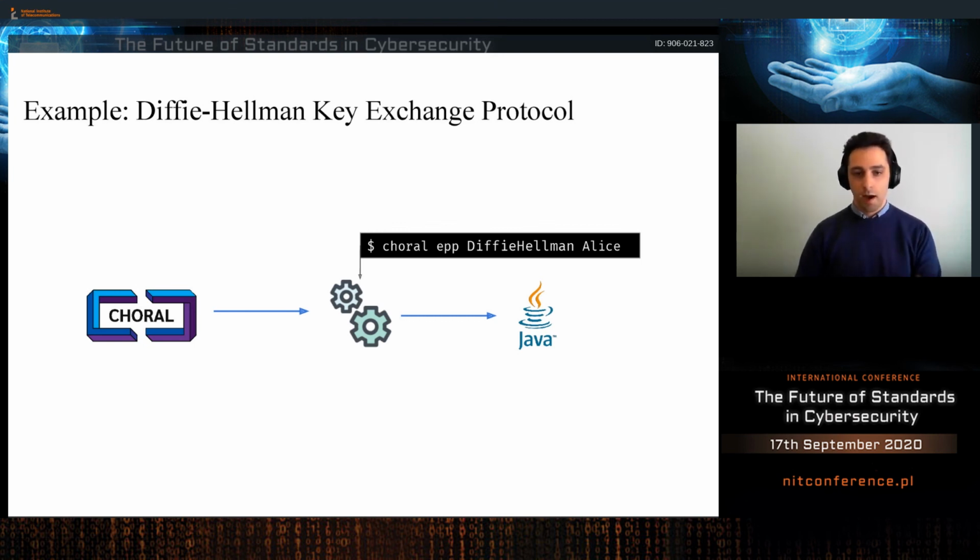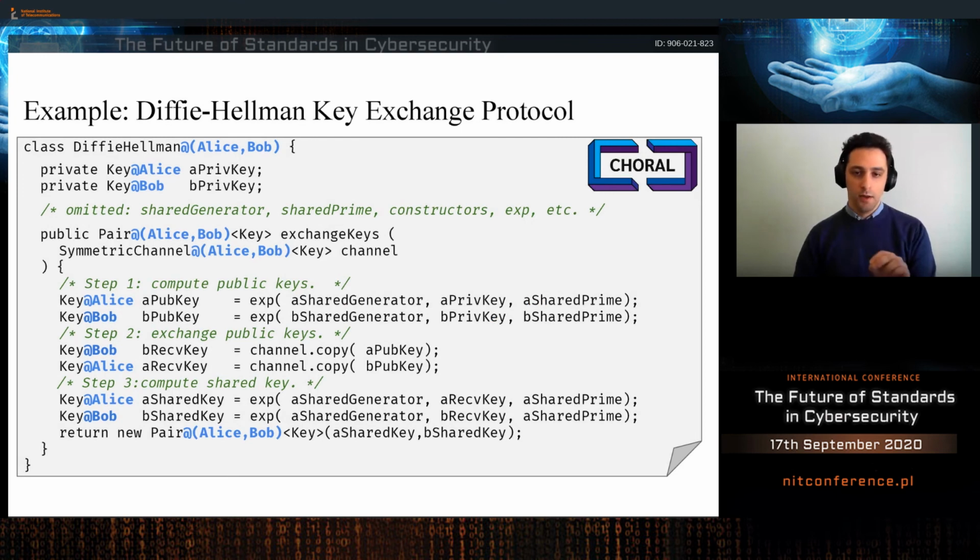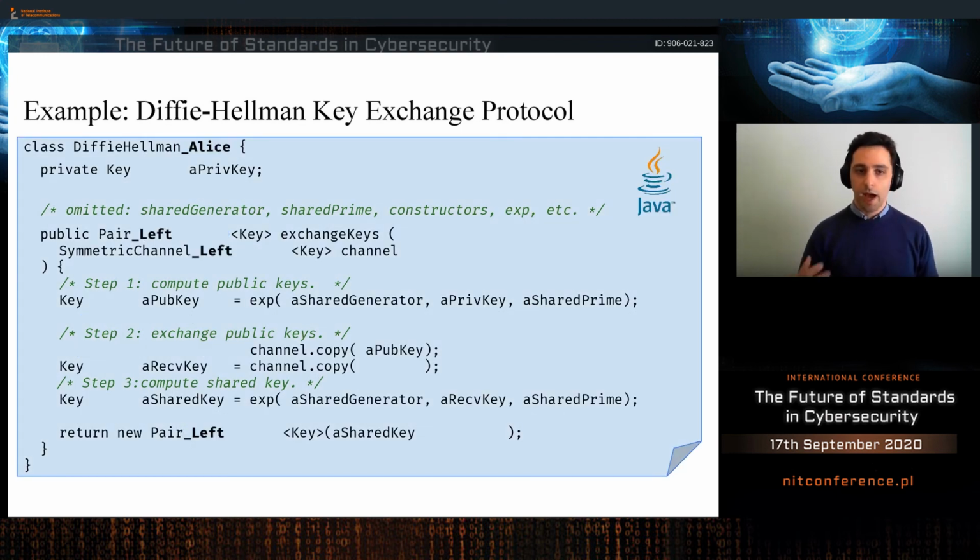So given our choreography here, what we get if we run our compiler is some Java code that we can run in order to play the role of Alice in a run of the Diffie-Hellman exchange protocol. And as you can see, it is really similar. What we are losing are the parts that are talking about Bob, the lines about Bob, and the steps that Bob has to take. We only have the steps for Alice,